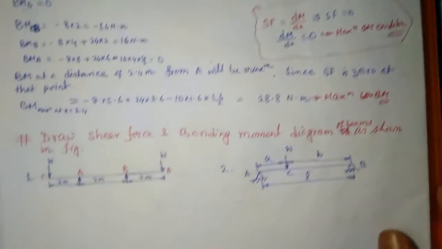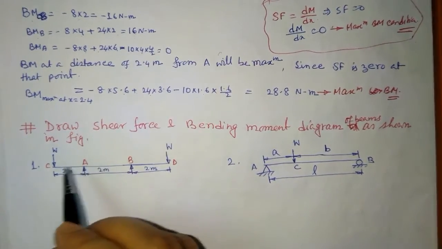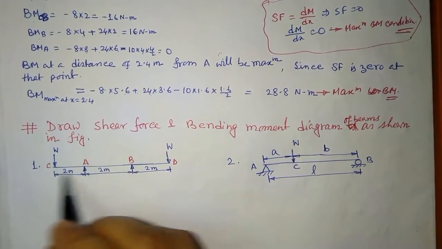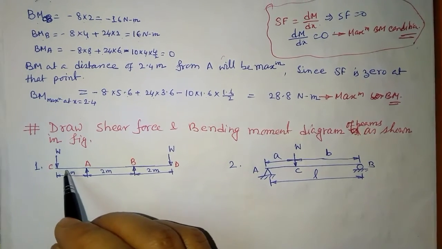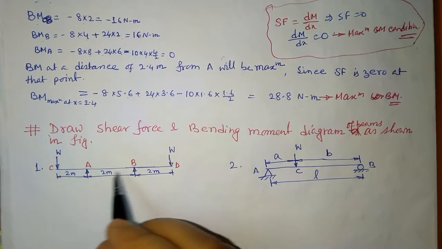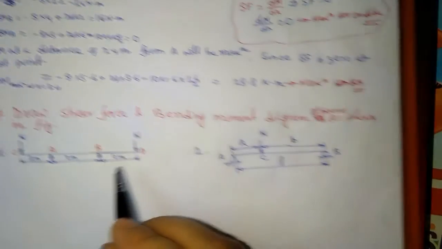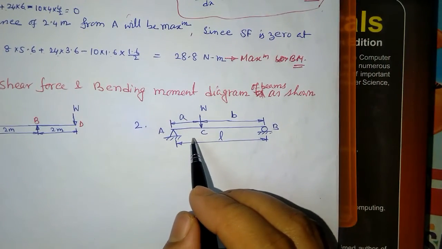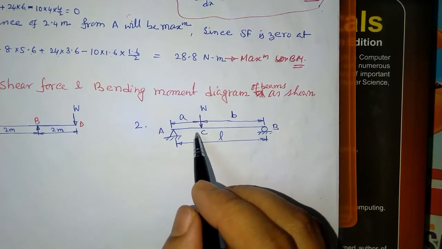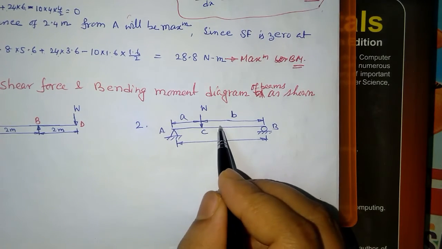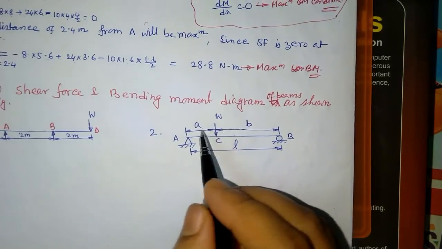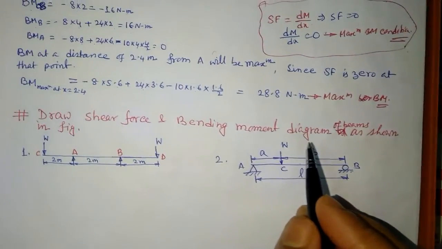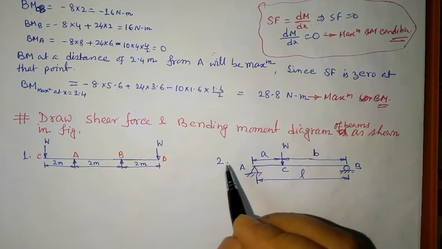So from this bending moment and shear diagram, I have given you a home assignment. So homework, just you solve this. This is one overhanging beam, and this is a simply supported beam. That point load is acting, we have done it for midpoint, but here it is not acting at midpoint. So you have to find the shear force and bending moment diagram for these two figures.